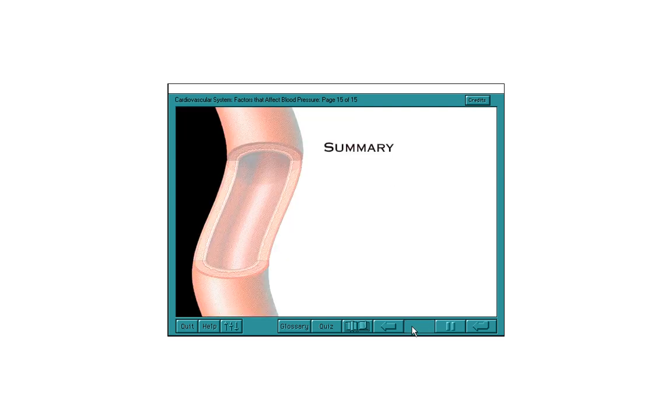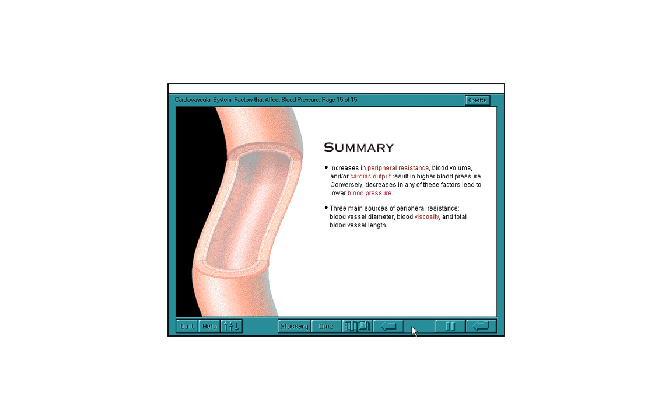Here's a summary of what we've covered. Increases in peripheral resistance, blood volume, and/or cardiac output result in higher blood pressure. Conversely, decreases in any of these factors lead to lower blood pressure. There are three main sources of peripheral resistance: blood vessel diameter, blood viscosity, and total blood vessel length. If arteries lose their elasticity, blood pressure increases. To see the related chapter outline from